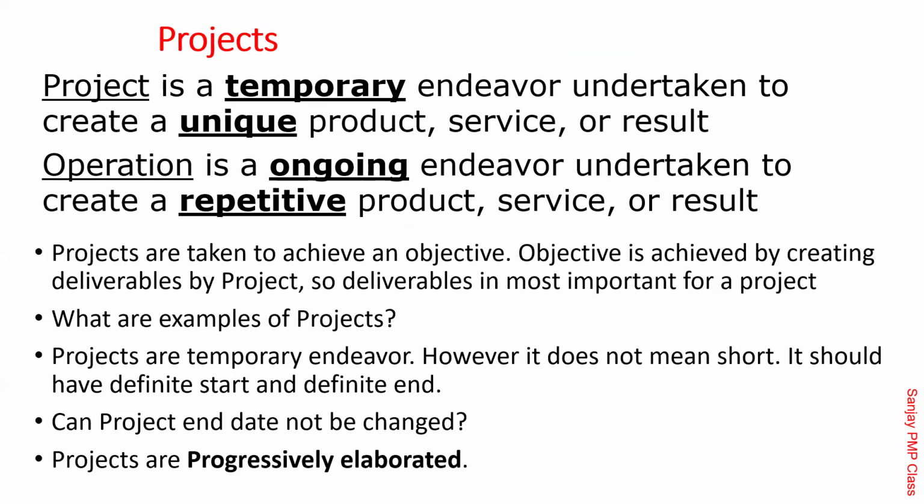This was a very important slide. At the bottom you can see something called progressive elaboration. Progressive elaboration is all about making the plan in pieces. It does not mean you should not have a plan about the future. It only says the depth of the plan for the future should not be the same as the depth of the plan for tomorrow. You need a detailed plan for the near future, while plans for the distant future should be at a shallow level. If you don't do that, it becomes a really expensive deal for you, and that's where the term progressive elaboration comes in.